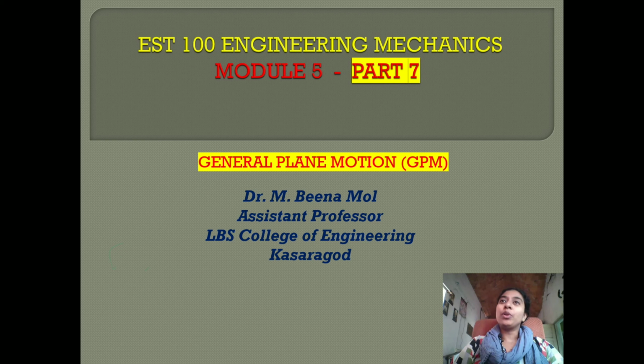Okay, as you all know, we are in our fifth module. This is our seventh class of our fifth module. So far in the fifth module, we have seen what is rotational motion. We solved a few problems on kinematics of rotational motion, that is rotational motion with respect to a fixed axis. Then we saw kinetics of rotational motion, that is rotational motion under a constant moment. So one half of your fifth module has been completed.